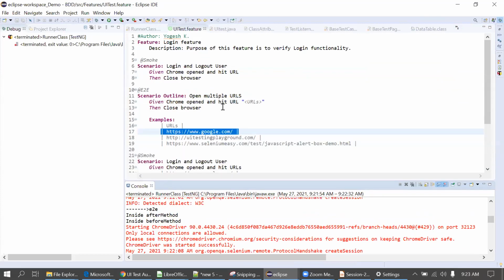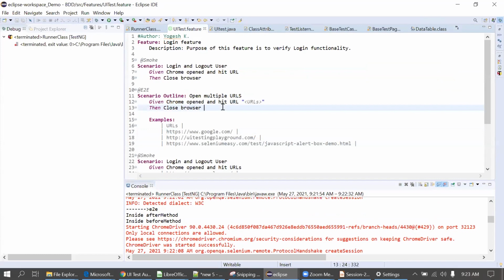Okay, so till now any confusion, guys, in the tags, hooks or tagged hooks? Hooks, it's similar to TestNG, right? Yes. The number of hooks in Cucumber is similar to the number of annotations in TestNG. Yes, yes, yes. Every annotation in TestNG is available as a hook in Cucumber, right? Yes.